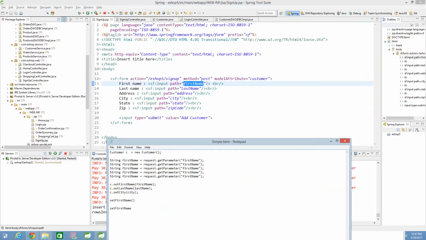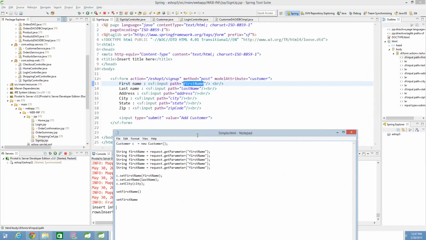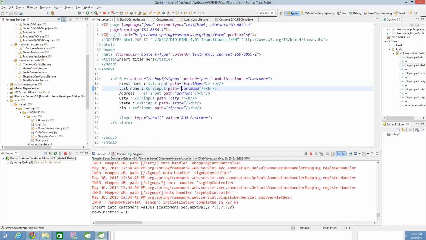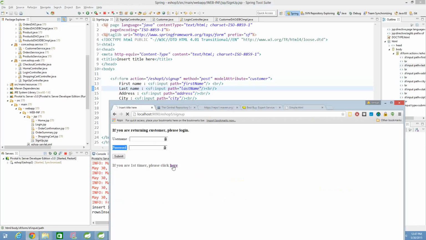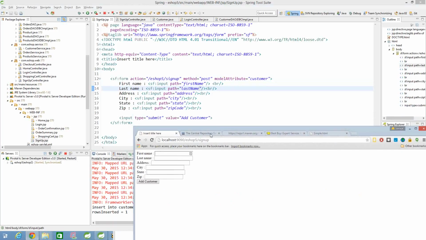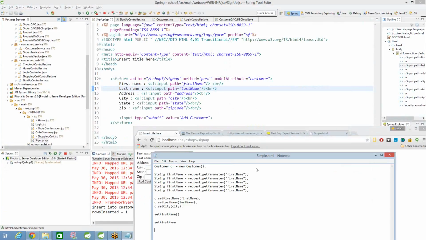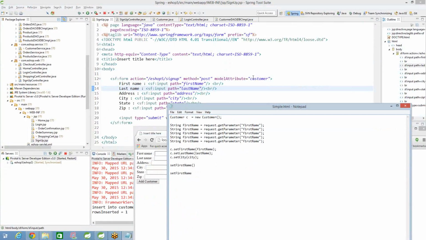Now the second aspect. Now this is once you submit, right? That is one aspect of it. Now, initially when you load it the first time, at that time it is also showing empty, but I'll tell you what exactly it's doing. Since you said the model attribute is customer, it's doing request.getAttribute. It is going to pull the object with the name customer,